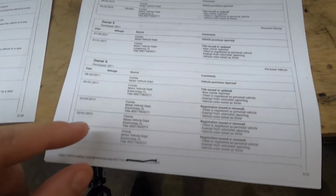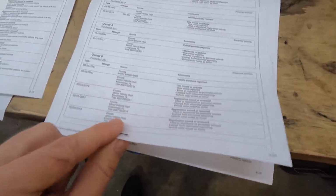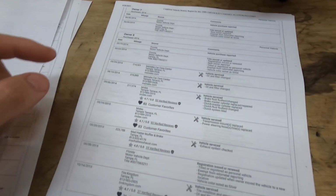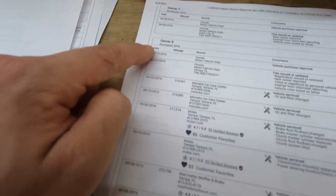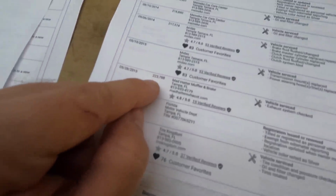No mileage there. No mileage on owner 6. Owner 6 had it for a good amount of time. It looks like he had it till 2014. Owner 8 had it from 14 to 15. Started to creep up in the miles,